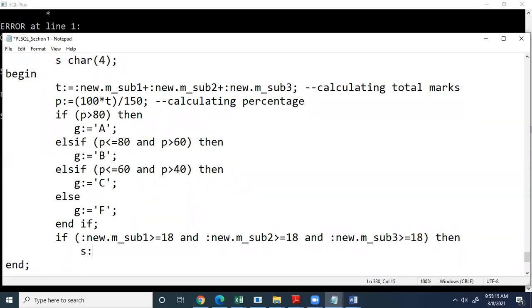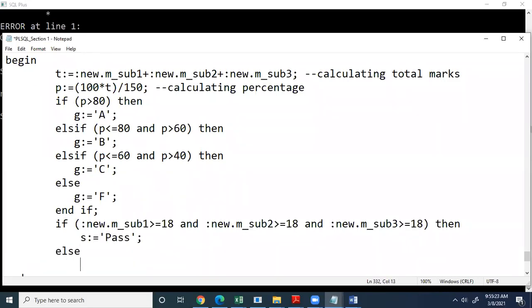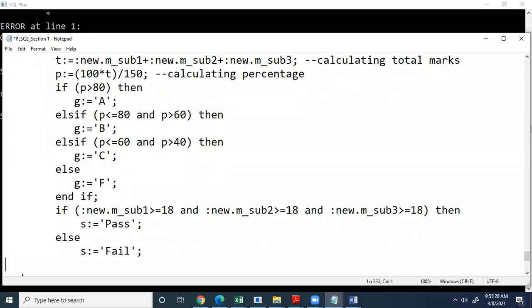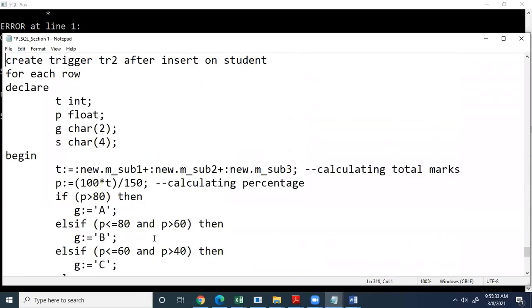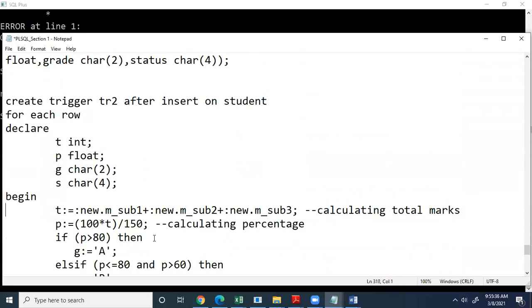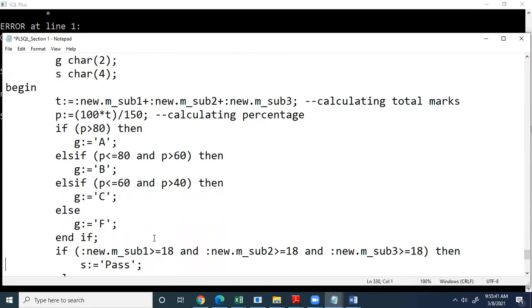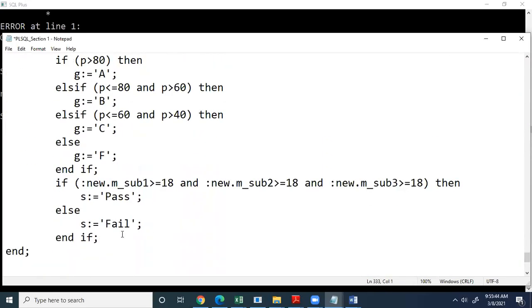Okay, if then status is equal to pass, else status is equal to fail. Okay, so this is how we'll calculate all the values. Now after calculation of values, the record should be inserted into table result. Okay, so we need to insert this record into result table, and that is I'm writing insert into result values